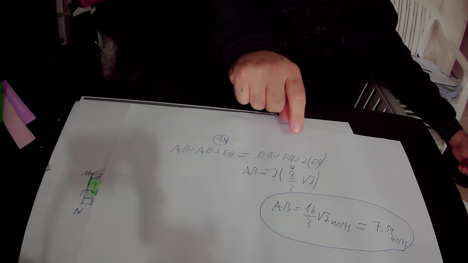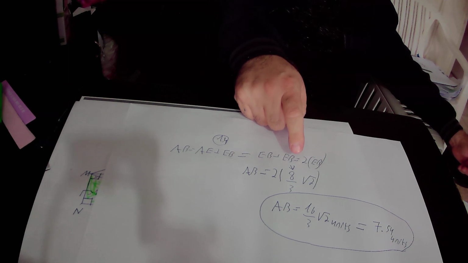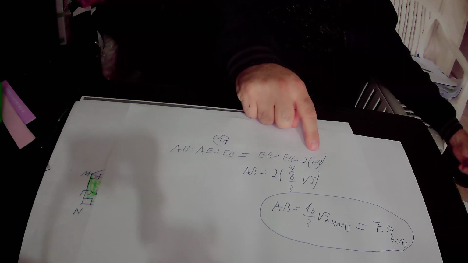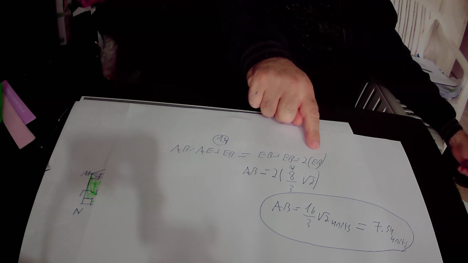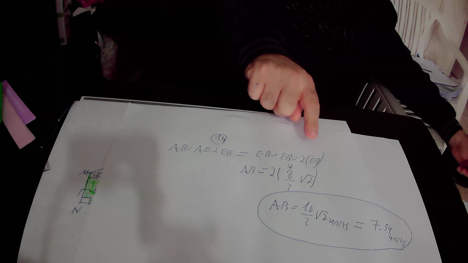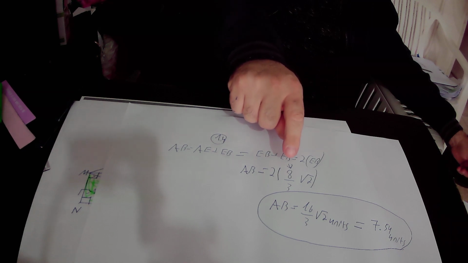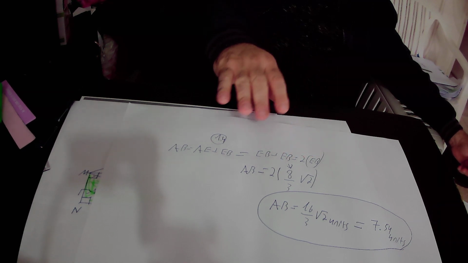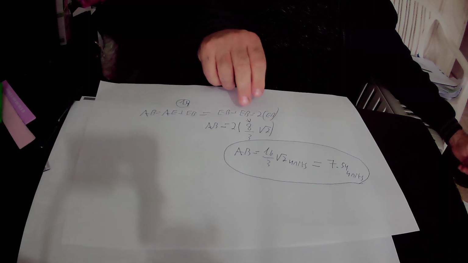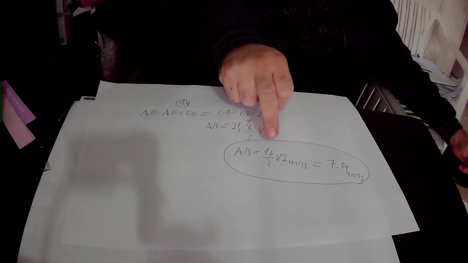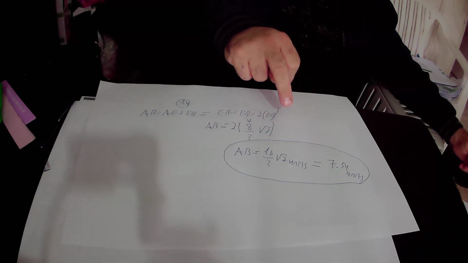So we'll put the value of EB here, and we'll get that AB equals 2 times 8 over 3 times the square root of 2. So in total we got that AB equals 16 over 3 times the square root of 2 units,